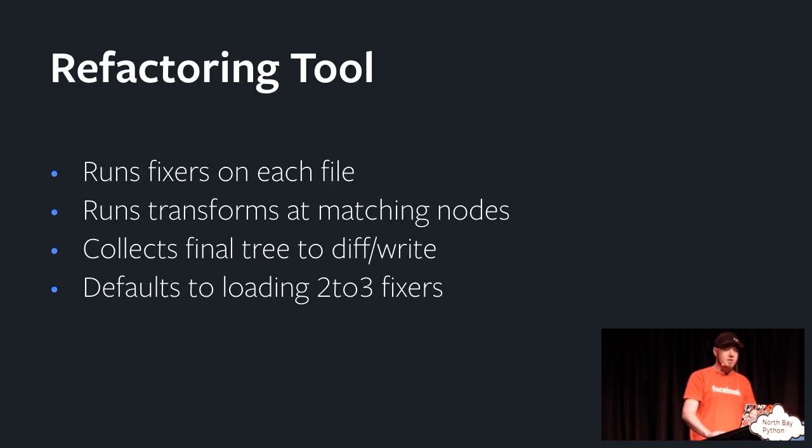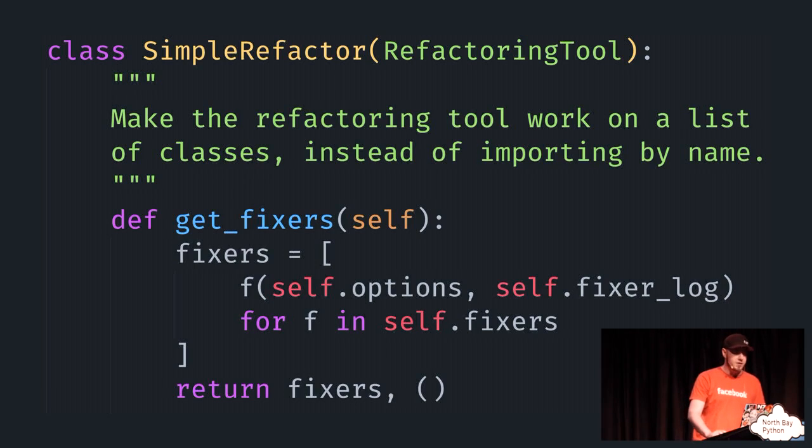The caveat for us is that, again, this was designed for 2-3, so by default, it looks for fixers to import and use, so we need a shim in order to use custom fixers. But it's not that difficult to do. You simply override the getFixers method and essentially instantiate the fixers you care about rather than